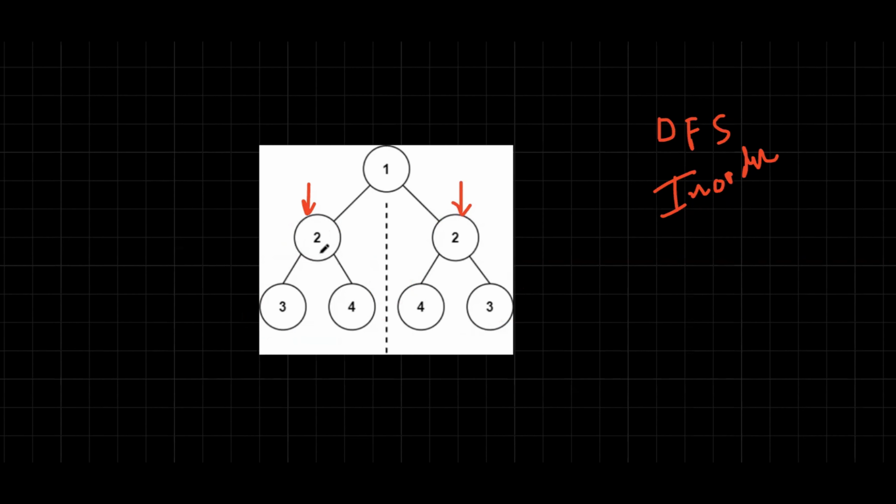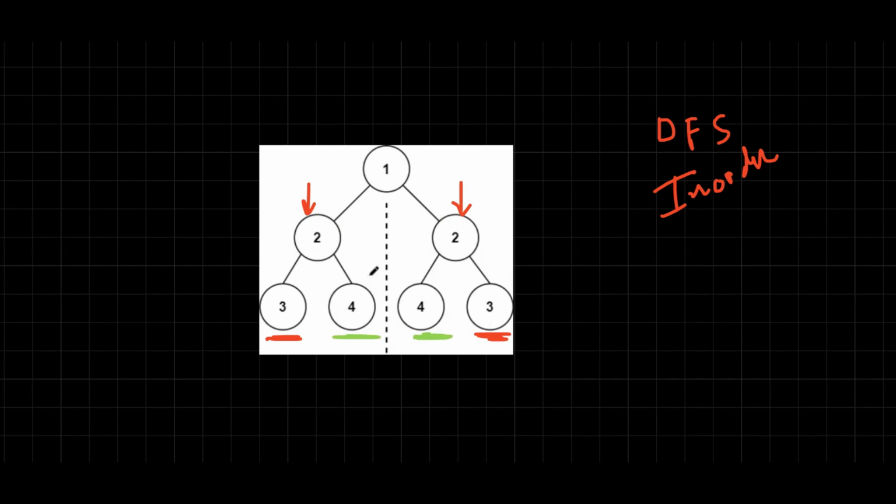Now here, the basic intuition is, suppose for this root 2, its left child should be equal to the second DFS's right child, and the first DFS's right child should be equal to the second DFS's left child. And if these conditions become true in all of the DFS calls, we will say that this tree is symmetric,